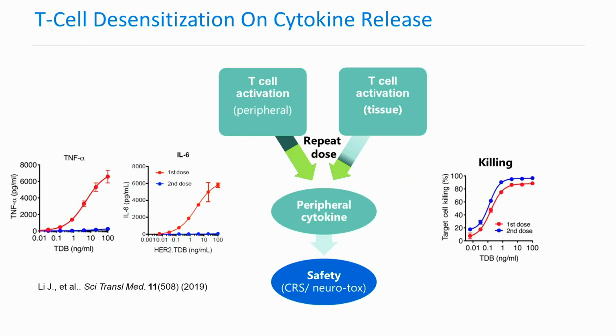I want to briefly mention that there is an additional mechanistic explanation at play that has to do with desensitization of T cells to release cytokines such as TNF-alpha upon repeated dosing, leading to less activation of macrophages and monocytes to produce IL-6 upon repeat dosing. More details can be found in this paper by Li et al. listed here. Importantly, this desensitization does not impact tumor killing capability. In other words, we start to decouple the drivers for safety from that for efficacy upon repeat dosing.